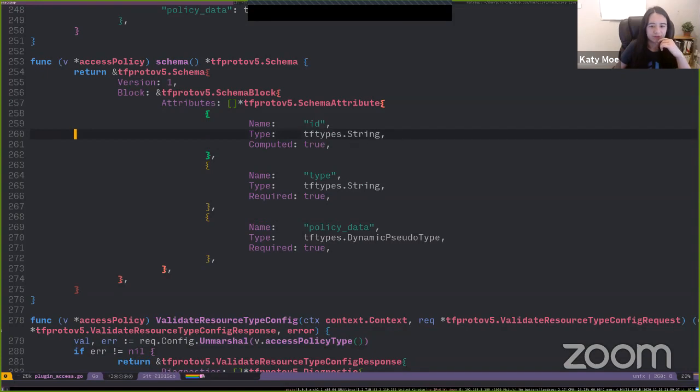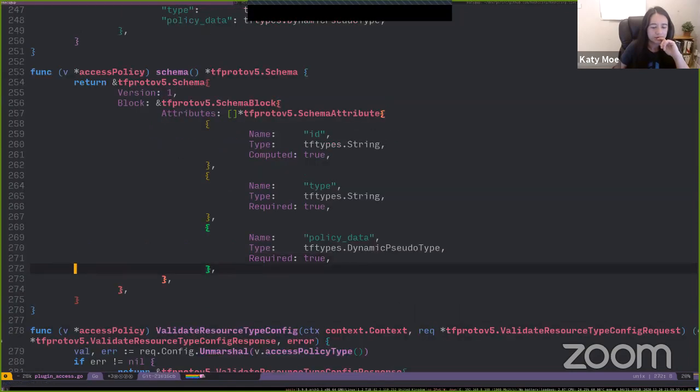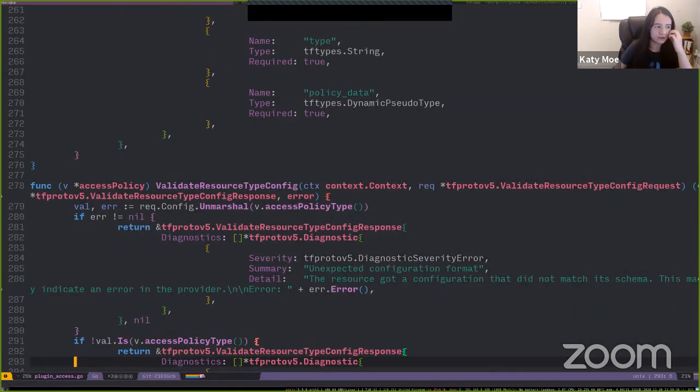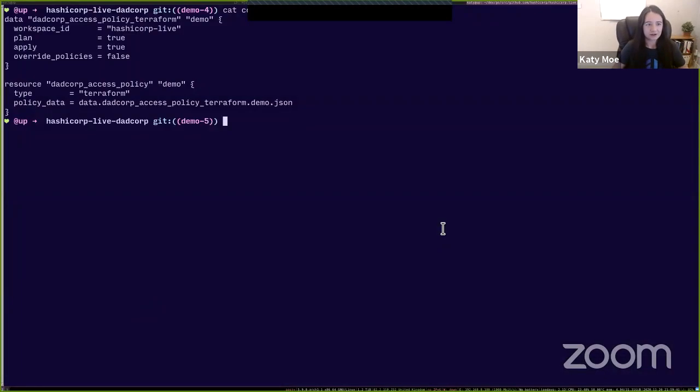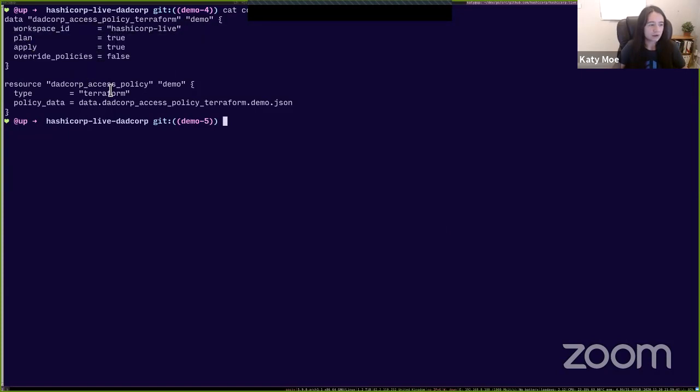Okay, so the schema of this resource looks fairly simple. We've got 2 strings and a dynamic pseudotype. That's all you have to put in the schema. Now, one of the really interesting things you can do here, I promised you validation. You can now validate these values. So in the old version of this resource, the user can just put anything in here, and it's not really going to fail until the API responds and says that that's not a valid access policy key, for example.